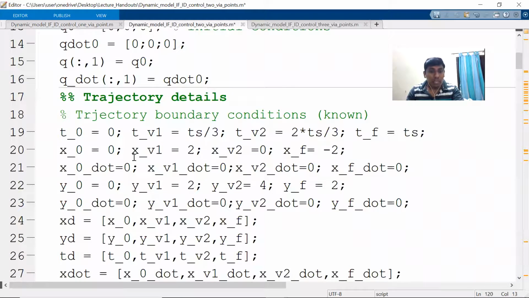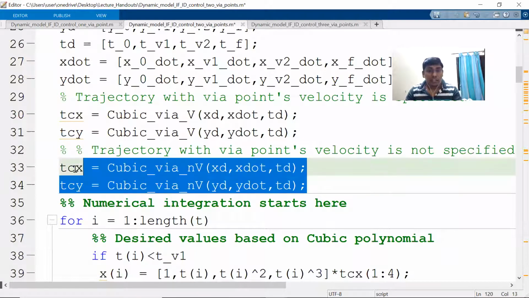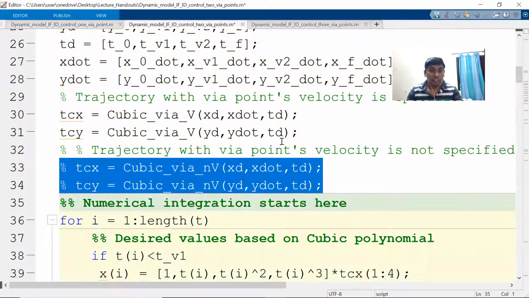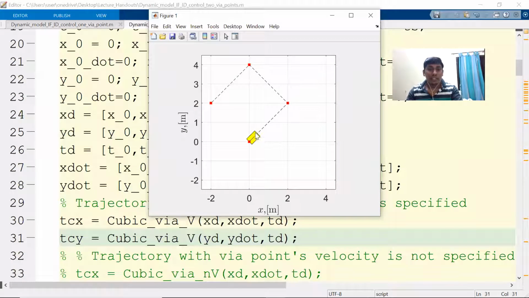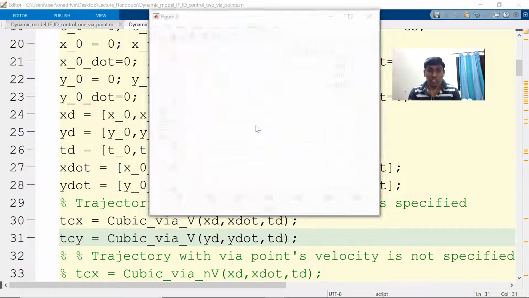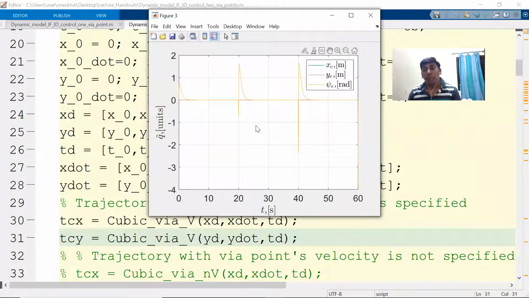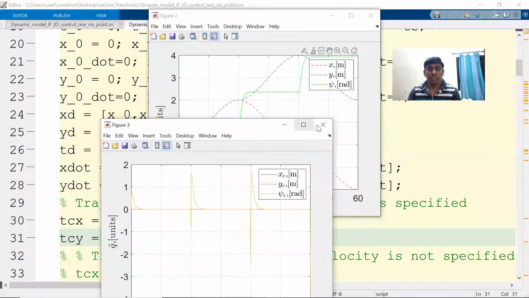So now I have taken this with wire point velocity specified. So here we assume zeros. I'll show you how that is considered. I already said it is a straight line, right? So this is a way we can do it even with wire point velocities. So now one of our students asked, can I make a rectangular or square trajectory? You can do it now. You can add one more wire point, you can make it a rectangle, square, or whatever you want, you can do it, right? So this is the way we can do it.